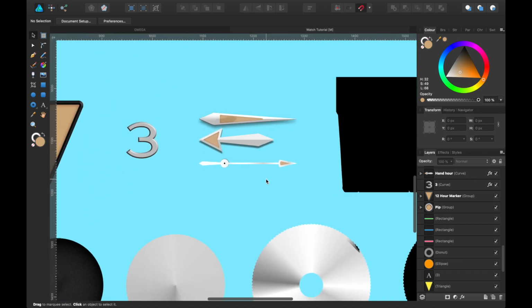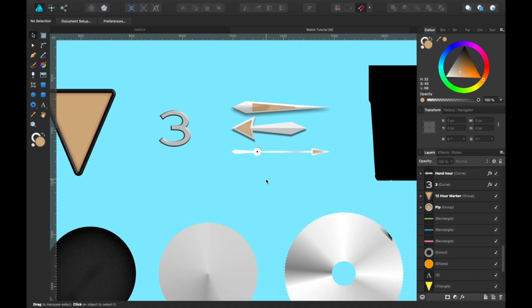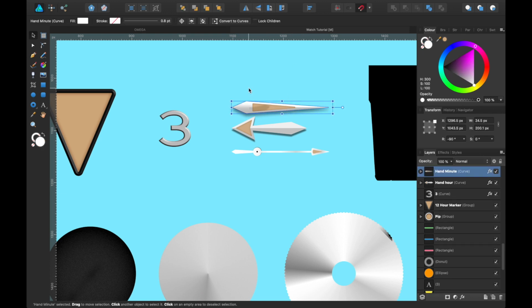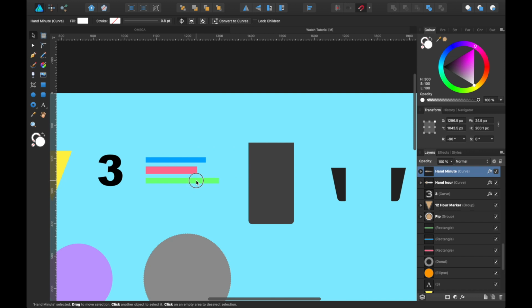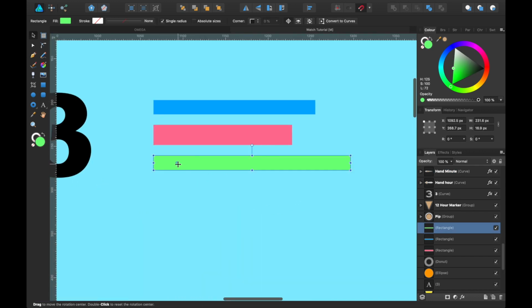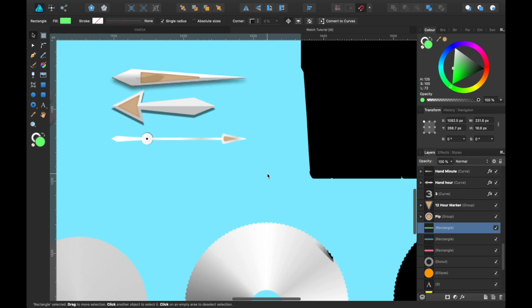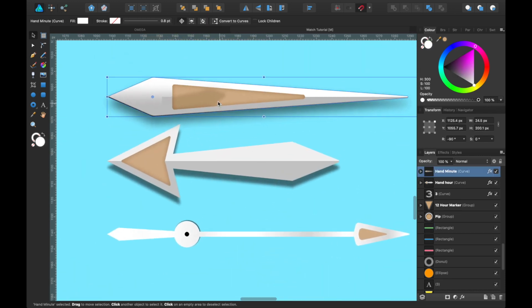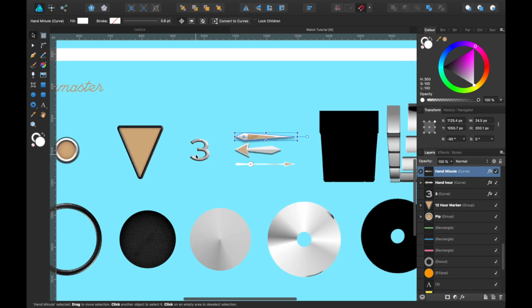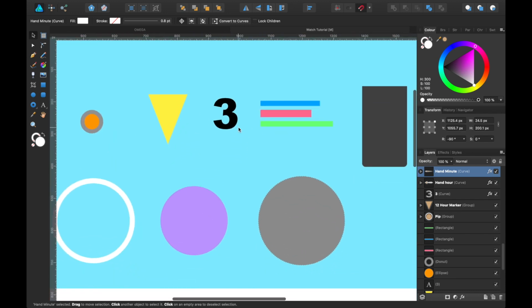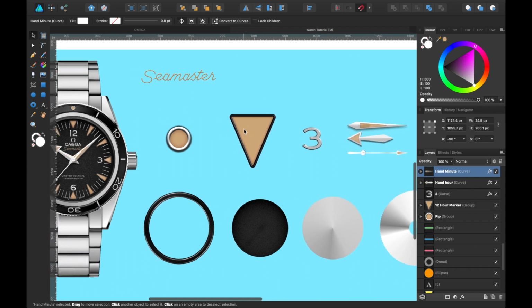Yep, the hands, just how we made the hands and the minutes and the hours, all that. Each of these I've also placed the rotation center here, just like I did with the simple ones. So all it is is a shape, and you're just deciding where you're going to put that center rotation. Okay, and three-dimensional on the three. I just threw a flat one in there. I'll show you how to do that.